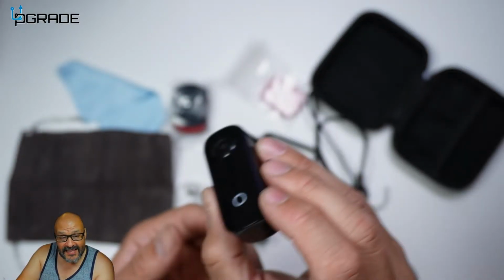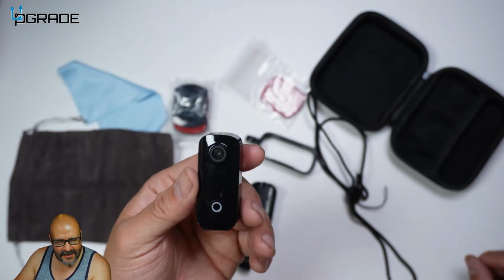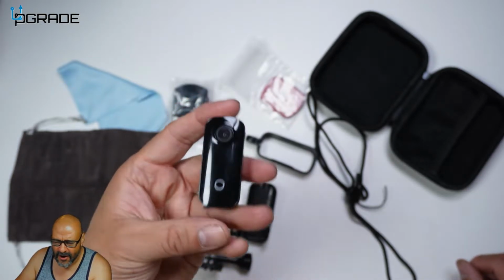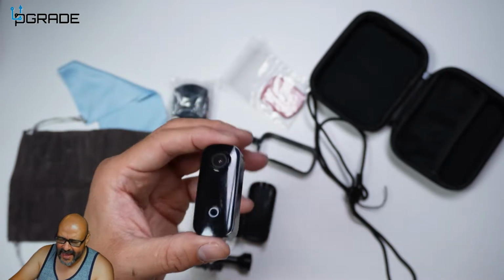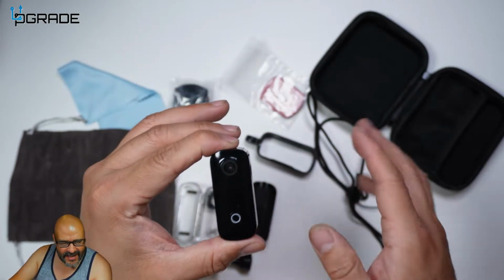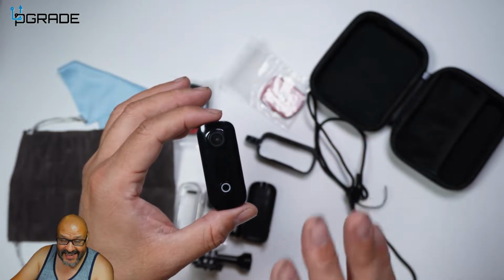All right, this lasts me actually a couple hours filming now in the field. I was very impressed with it. It was actually capturing some of the moments. We actually took it out in the park, we walked around, and I was able to hang it over my actual chest and hang it like an actual necklace for a while. Now motion capturing is a little bit off on this,